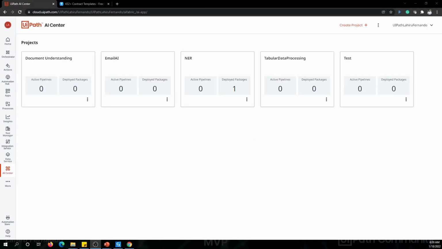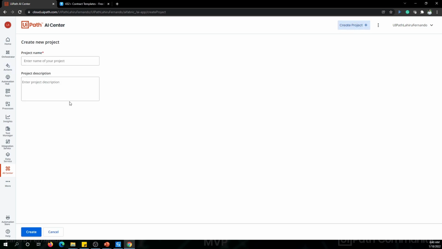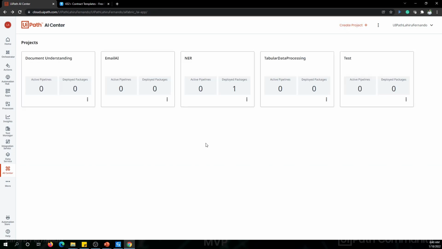So, as a start, we'll first start with understanding what is NER and how we can create a model. So, I'm now in AI Center. I have several projects over here. The one I have created for NER is this particular project. You can create any project through this option. You just need to give a name and a description if you have one and create the models. So in my case, I already have created it. So I will go into NER